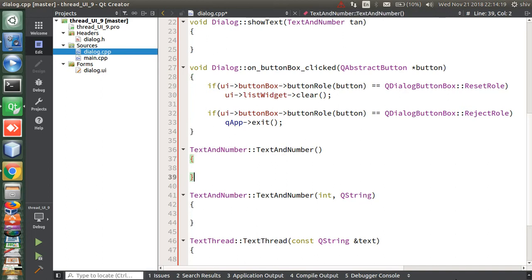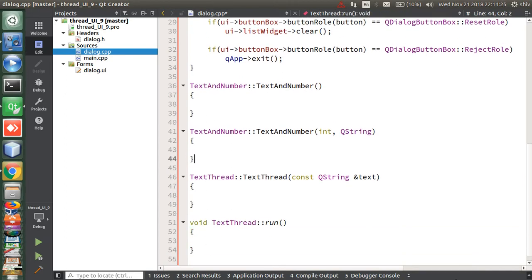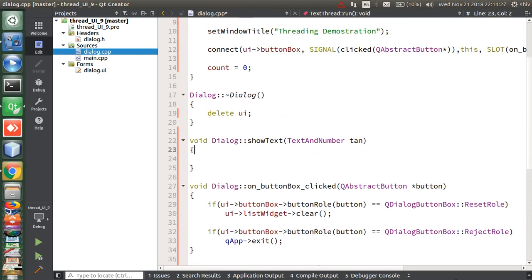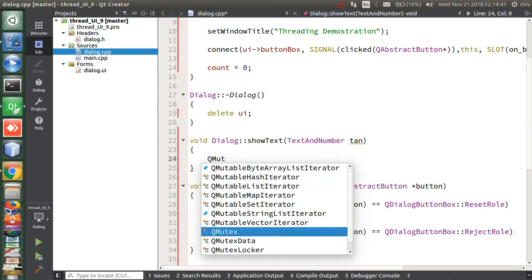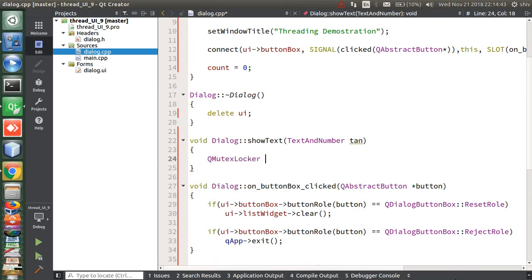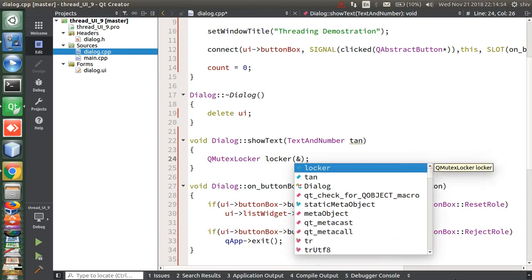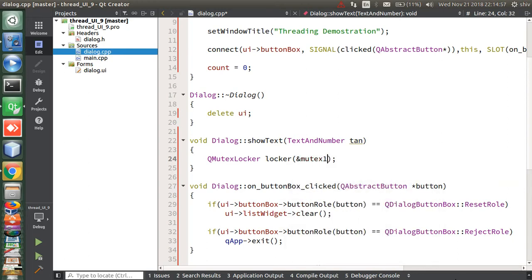Now we will move on to the SoText method. So we took SoText where? Here. Okay, SoText is here. We will write the piece of code for it. So QMutexLocker, sorry guys, QMutexLocker, make the object locker and pass the reference of the mutex object, mutex class object, so ampersand mutex. Okay,